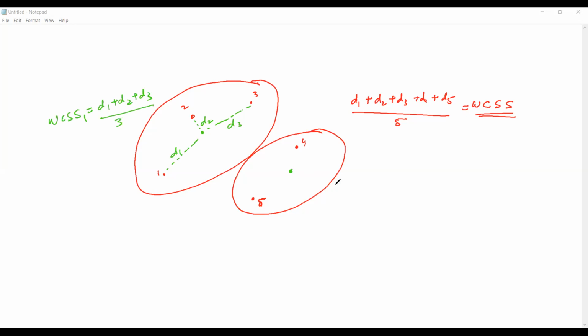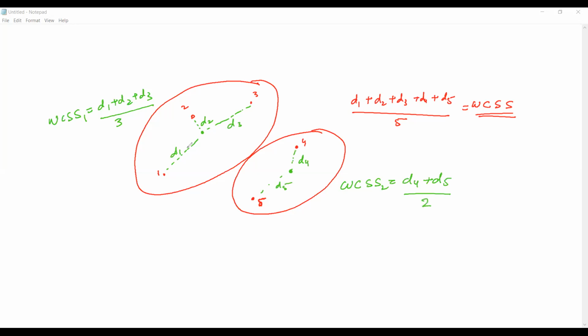For second cluster, WCSS2, it is D4 plus D5 divided by 2, right?